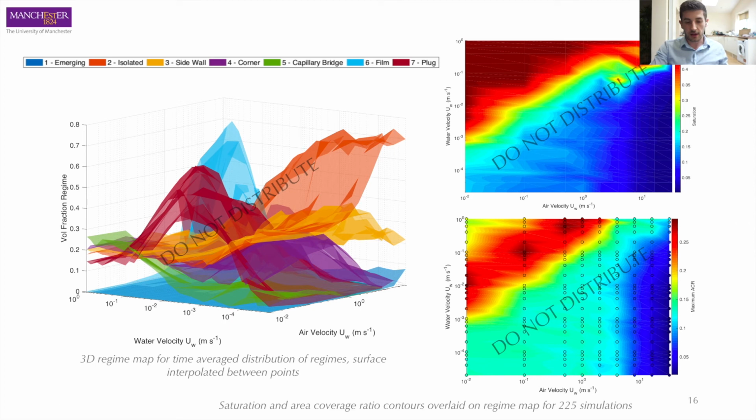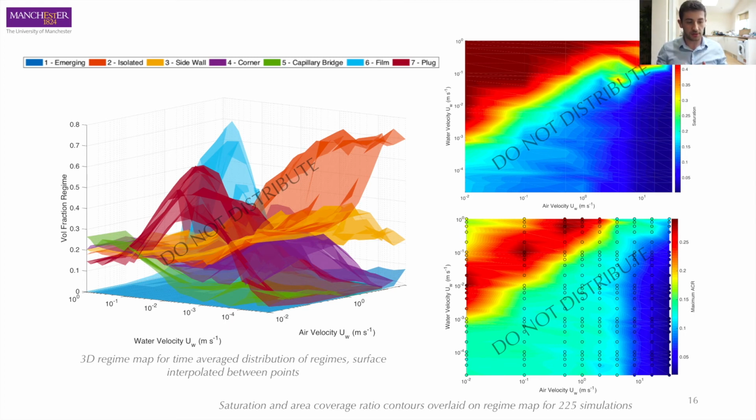And as you can see here, at different operating conditions, there's always a distribution of different regimes that exist. So it's never one type of flow, it's always a distribution of different types, with droplet flows dominating at higher air velocities. What we can also see is that if we overlay a saturation contour map on top of this, we can see that there's an interaction between the air and water velocities, where operating at, if you're trying to accelerate